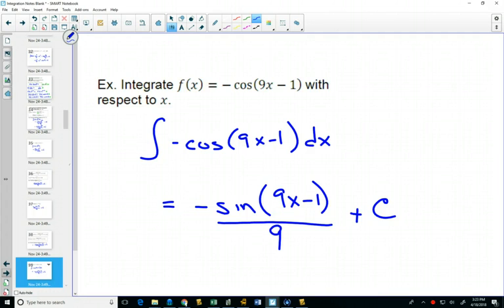Especially with sine and cos, after you're done integrating, take the derivative to check to see if you got the right answer. Derivative of cos is negative sine. So the integral of cos is sine. Yes, the integral of negative cos is just negative sine. Right? The negatives can cause your mind to